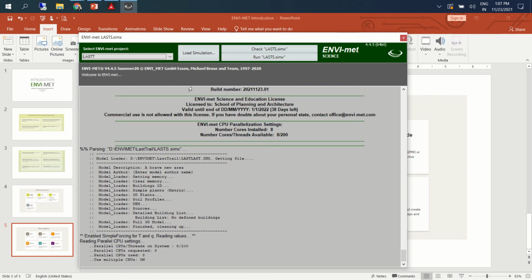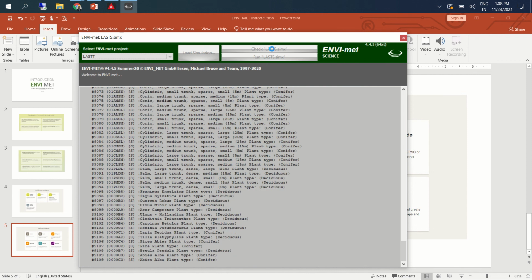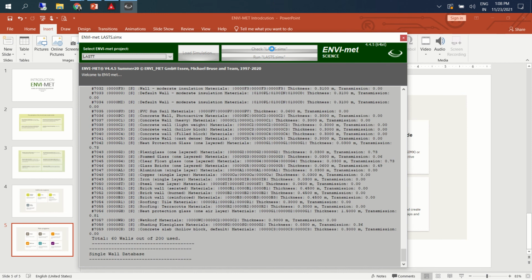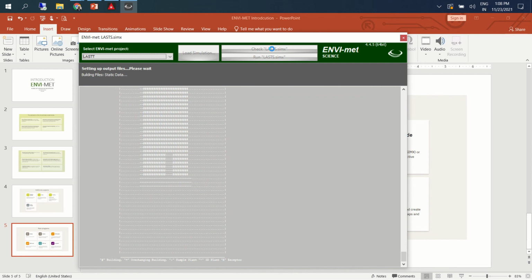Once we load our project and the SimX file, it will ask you to check for errors. If there is some error, it will identify it, otherwise we can run the simulations. I'm not going to run the simulation, I'll just show you the results because it will take time, even just for checking the results.